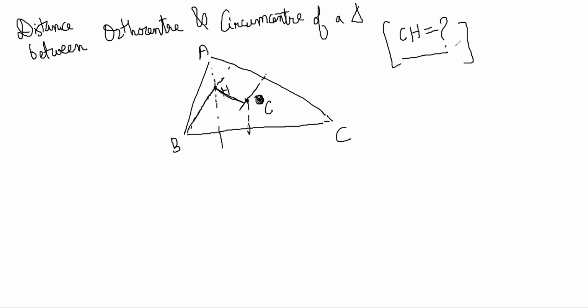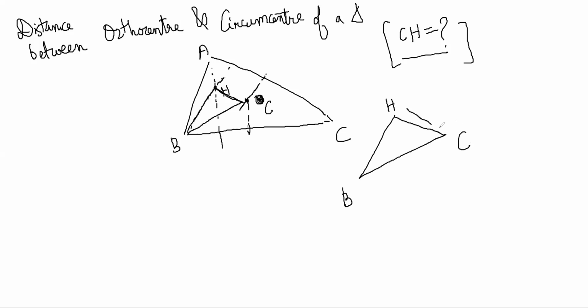So if you need to find some stuff in a triangle, you need to at least make it part of a triangle, no? Because you know many things about triangles but you don't know things about hanging distances, right? So I will join B and H and C and B, right? So I get a triangle like this, B H C.